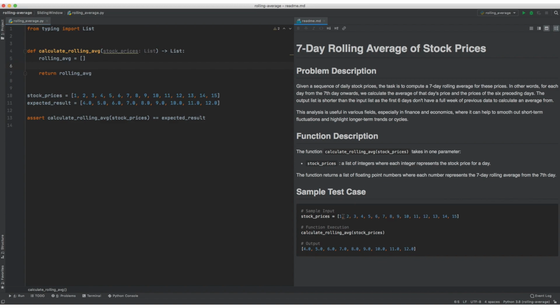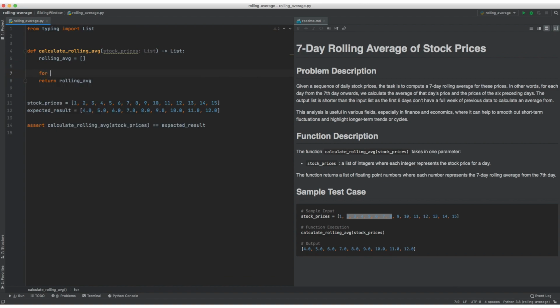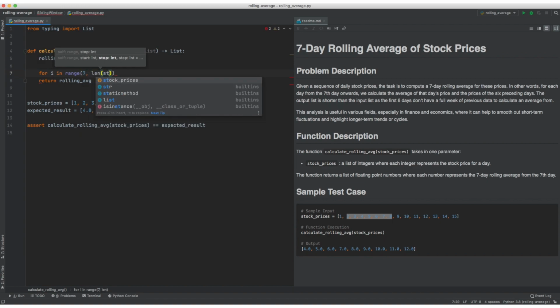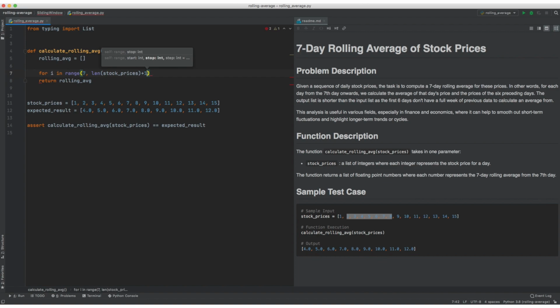How do we take an average of 7? Well, we take the sum of the 7 elements and we divide it by 7. Then we can take the next sum of the 7 elements, divide it by 7. So let's just start with doing exactly that, because we should always at least be able to come up with a brute force solution. So for i in range, we can start at 7. We'll assume we have at least 7 elements in our stock prices. So start at 7, go to the length of the stock prices plus 1,